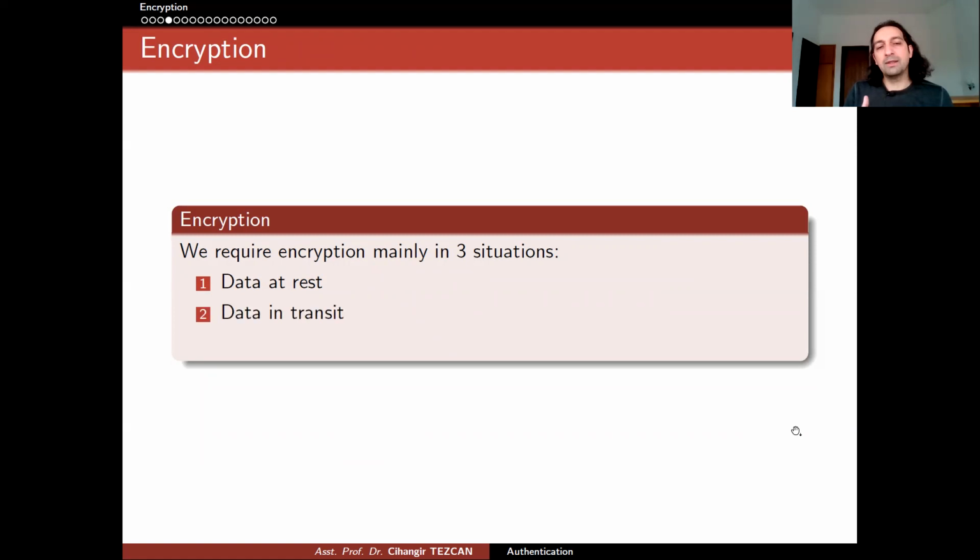But when you think about data in transit, which is the data when you're using communication, just think about this actual video. Now I'm sending my voice and video through the internet. This is data in transit, and Zoom encrypts this communication using the AES encryption algorithm. But note that Zoom doesn't know which data will come next, because I haven't spoken yet. It cannot know the future, so it doesn't know the size of the video, the length of the video, or what I am going to say next.